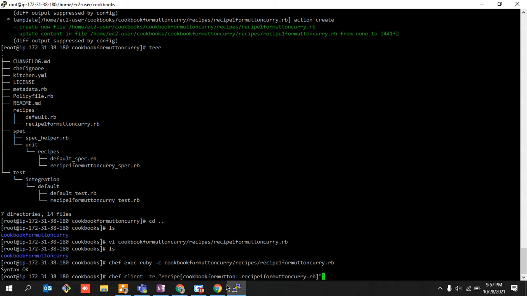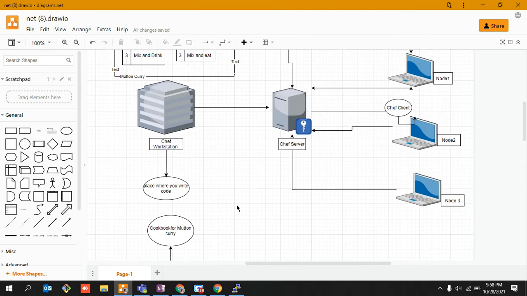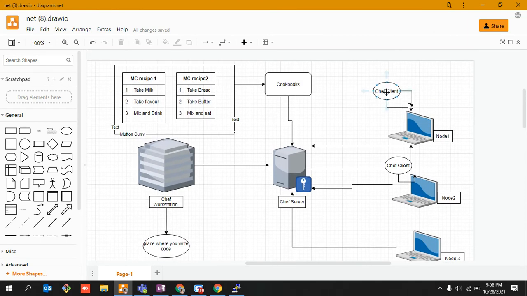So into this particular line of code, we are manually calling chef client. As I told you guys earlier, please don't get confused. I told you that chef client would first ask locally on its node machine, and if the code is not there, it will go to the chef server. So I'm not doing this. We are manually calling the chef client at this point of time so as to execute this piece of code.